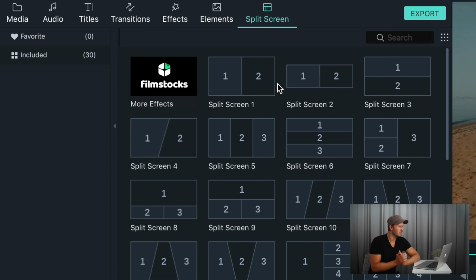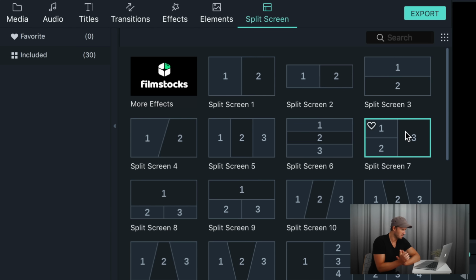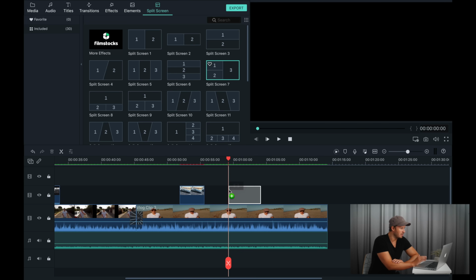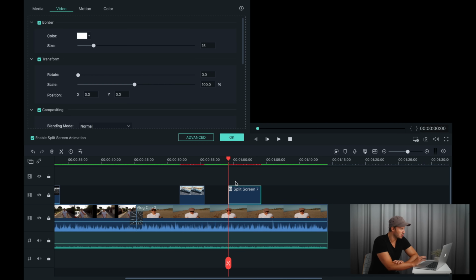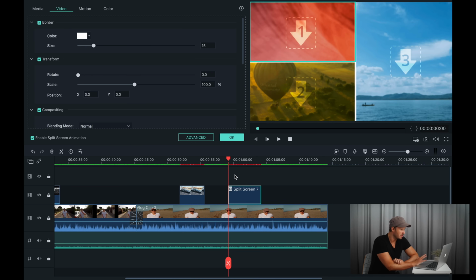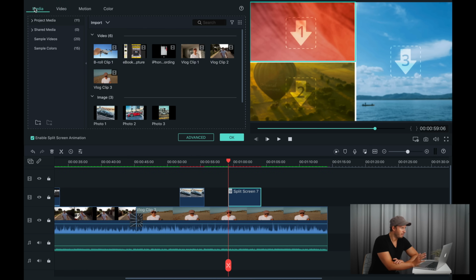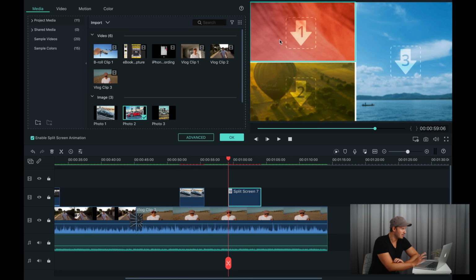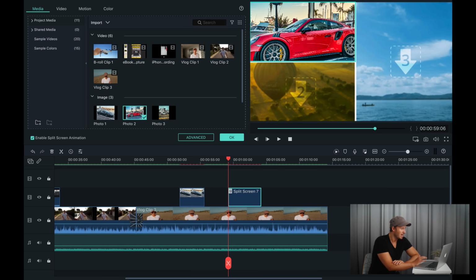I'm a big fan of the split screen presets here in Filmora 9, so let's click on the split screen browser and we see a whole bunch of options. Let's try this one, split screen 7, drag it down onto the timeline, same functionality as bringing down video clips, photos, music, etc. And you can see we have a whole bunch of options up here in the split screen browser. Feel free to investigate those as you wish, but for now let's click on the media tab and drag some photos across into those